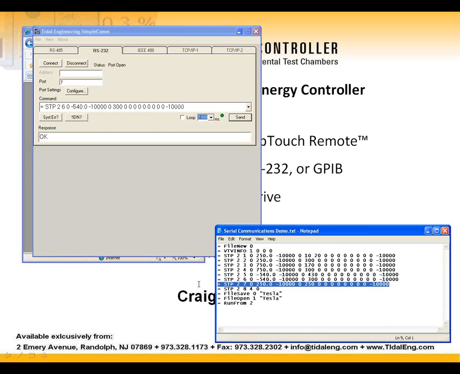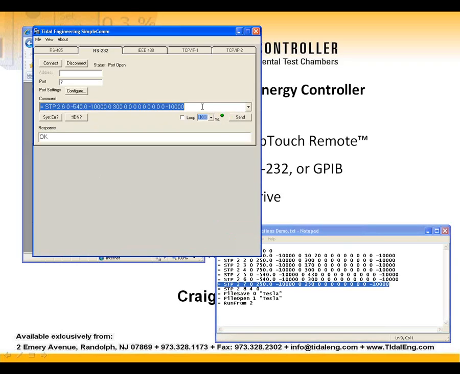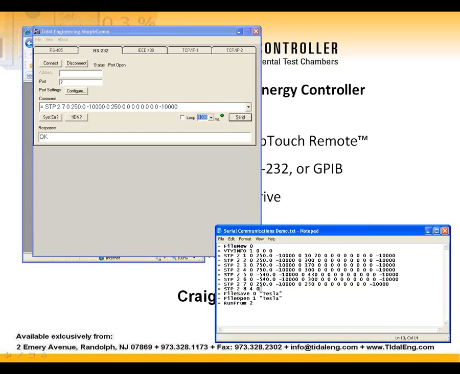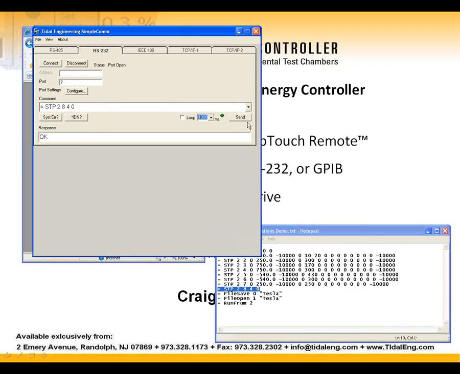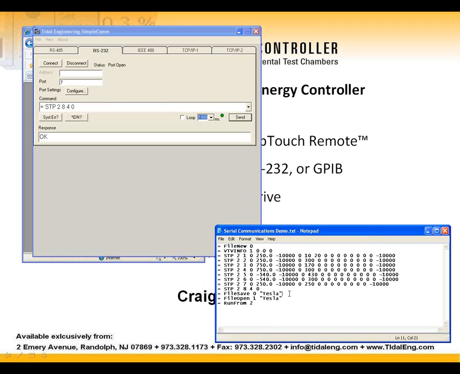When I've sent them all, the last few steps are the stop step, the file save, file load, and run. Let me get to those. Okay, so now